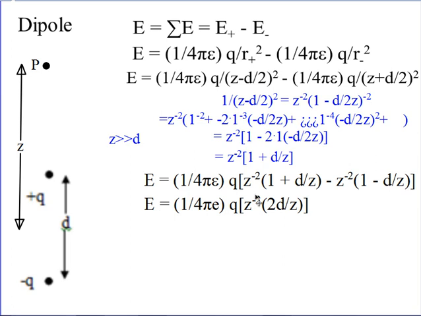and then I can start to work with that. You can see that I have z to the minus 2 minus z to the minus 2, so boom, that's gone. And then I have z to the minus 2 times d over z minus z to the minus 2 d over z. So I have two of those, z to the minus 2 times d over z. And then I'll pull the d over z, z to the minus 2 down here with this one, and I am left with this expression, which does describe what the field strength is at this point P, a distance z